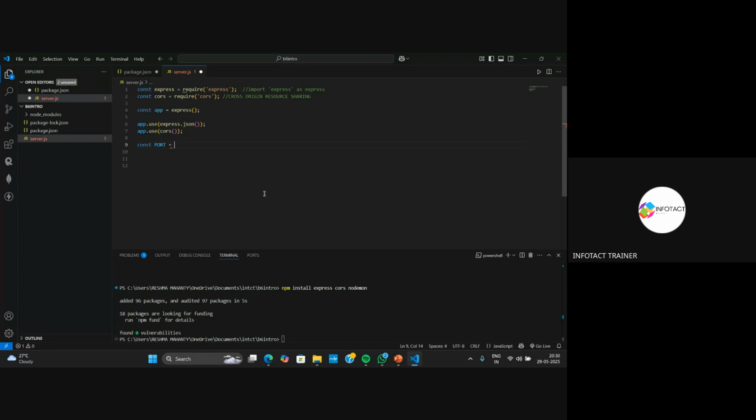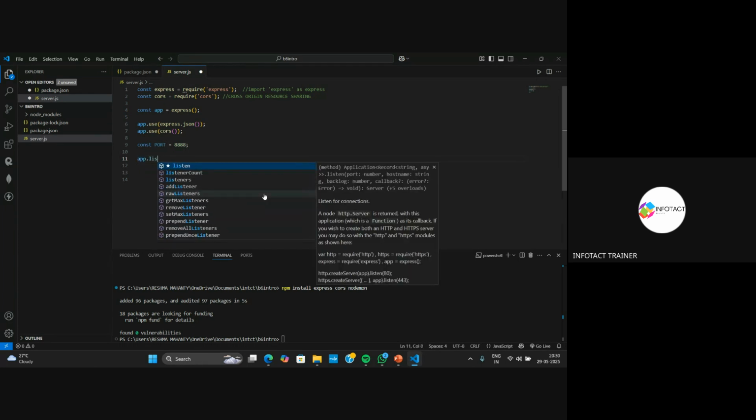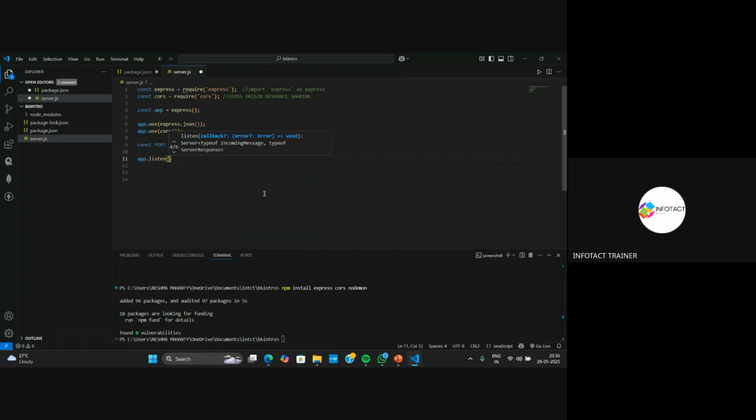So here, I am going to provide a port number 8080. And then I will write app.listen. Here I will pass port as the first parameter, and then I will pass an arrow function which will say